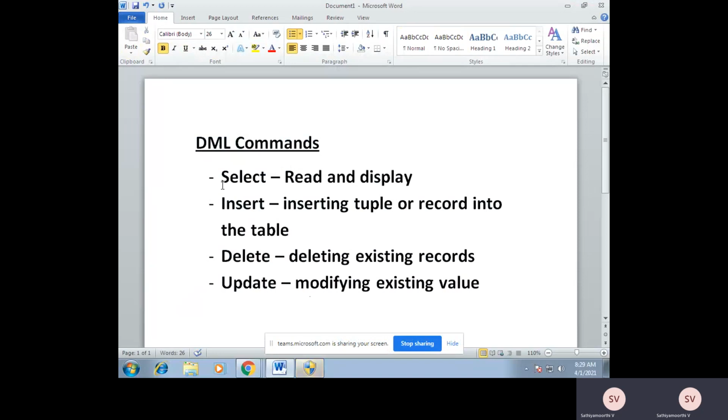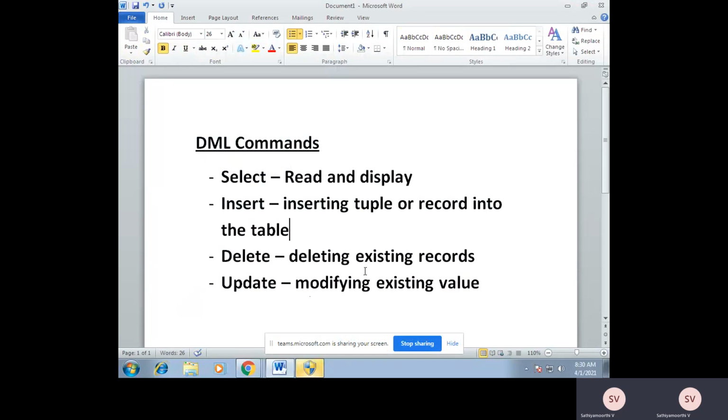Before executing these DML commands, you have to have a table. For that, you have to execute DDL commands, data definition language. There we have the create table command, which is used for creating a table.